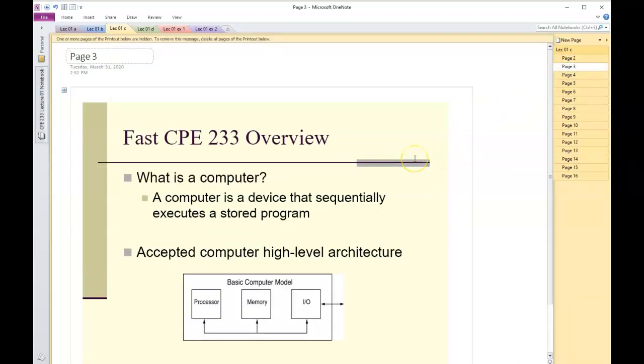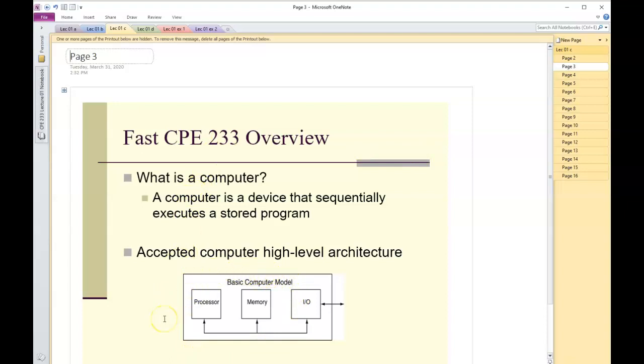So what is a computer? It is essentially a hardware device that sequentially executes a stored program. The issue here is that it has a program as you know it, but it's stored somewhere. It's going to be stored in memory, and we'll be talking about that later today. This diagram down here is the